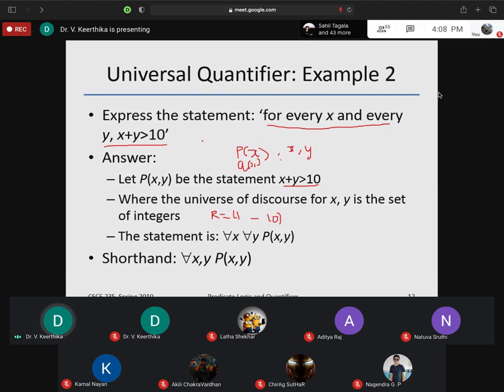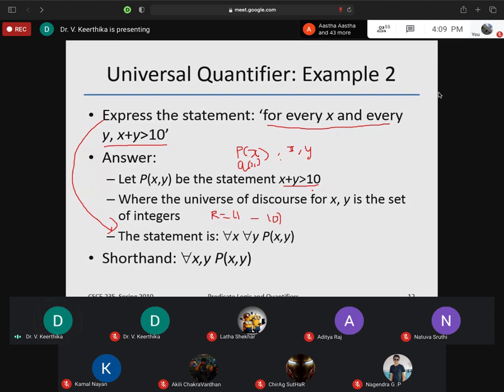Then now you have to express this statement. Just see, for all x and for all y, it means for every value of x and for every value of y, this predicate P of x comma y is true.